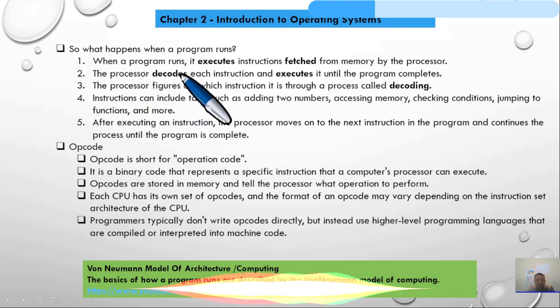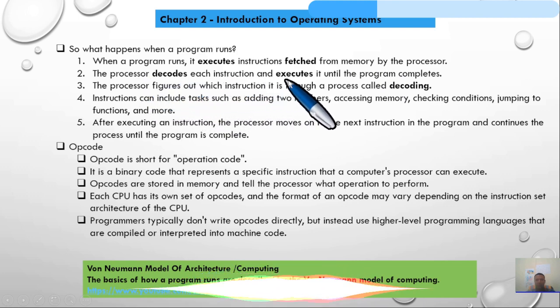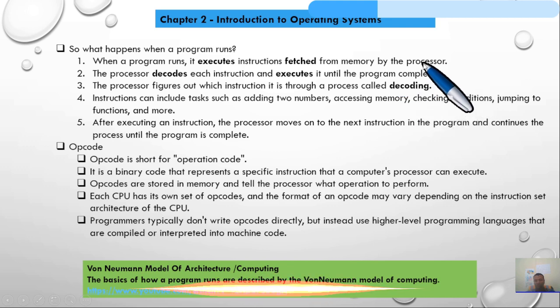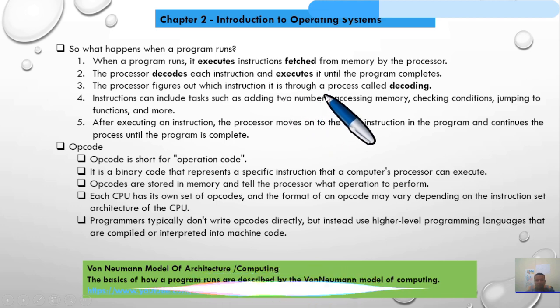When a program runs, it executes instructions fetched from memory by a processor. The processor decodes each instruction and executes it until the program completes. The processor figures out which instruction it is through a process called decoding.